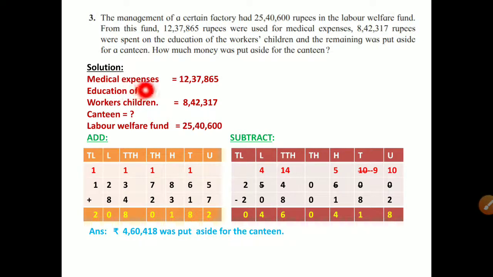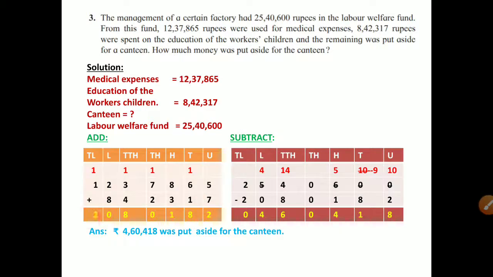Solution: medical expenses 12,37,865, education of workers' children 8,42,317. Canteen, we need to find the amount of canteen, so we will put a question mark. Labor welfare fund is 25,40,600. First we will add these two amounts, medical expenses and the education of workers' children. 12,37,865,